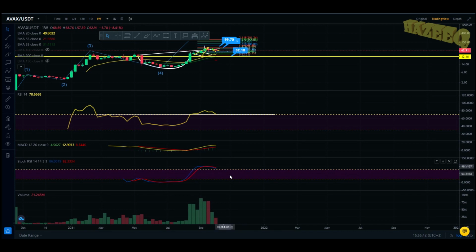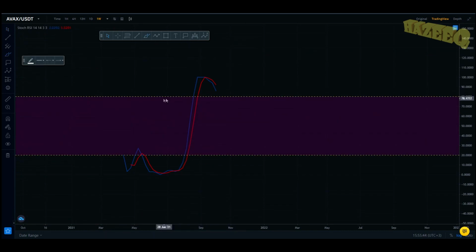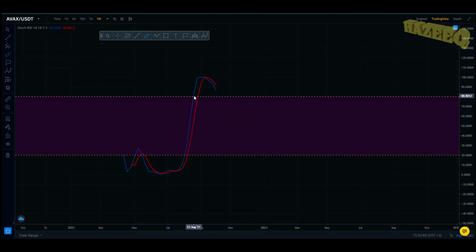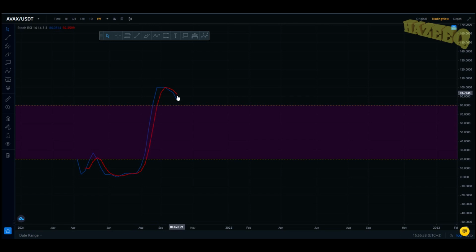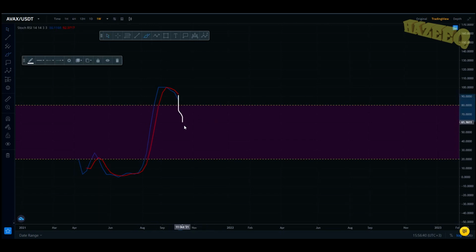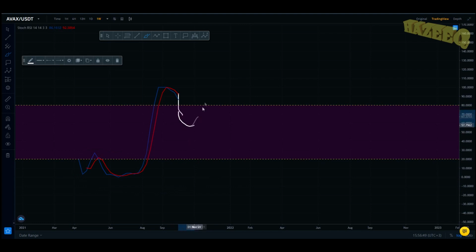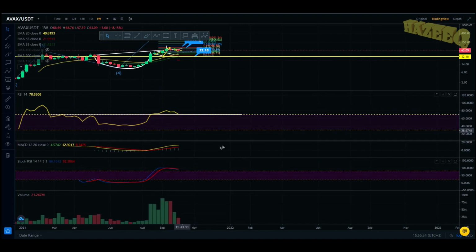I'm just saying keep an eye on the RSI. The stock RSI is overbought, so we can stay here for a couple of months. We've entered it in August, September, October, November. So maybe we start a new impulsive wave over here. If you see the stock RSI roll down and you just expect the price to come back down, obviously what can happen is we start coming back down. Everybody thinks we're coming back down to the oversold over here on the stock RSI, and then we have that move towards the upside. Because a lot of people do use the stock RSI, it's a great indicator.